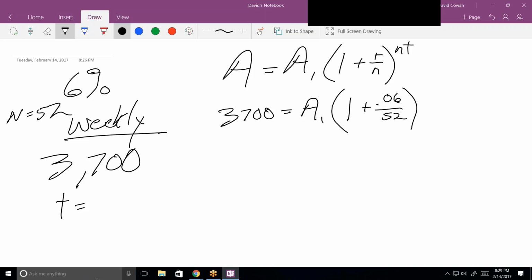In 4 years. Okay. Because all of a sudden I was looking at a situation where we had two variables. Without a t, then I don't know a sub 1 and I don't know t. I can't solve it. But knowing t,